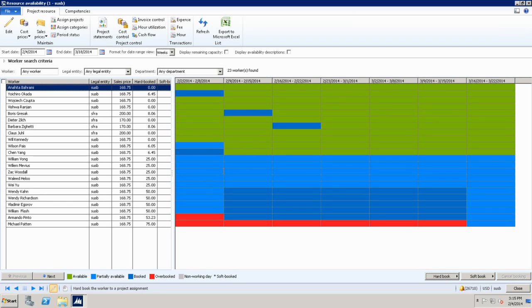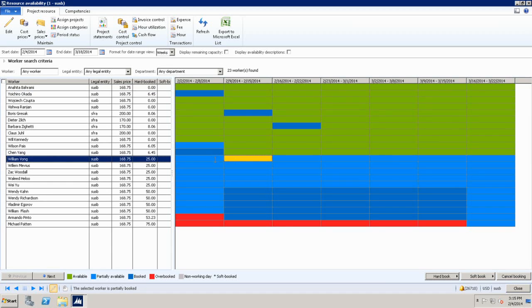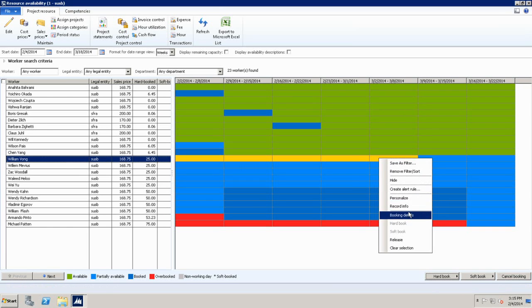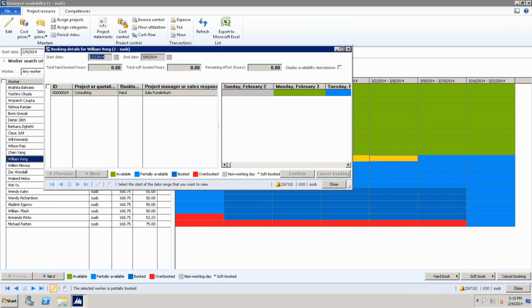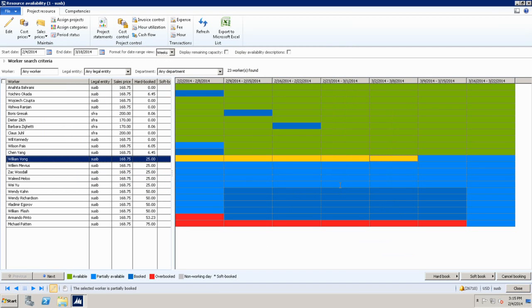And one thing I'm not sure I showed was that you can select these cells and say, now I want to look into what this resource is doing in this period of time. So it shows you, according to the time period that you have selected, what they're working on.